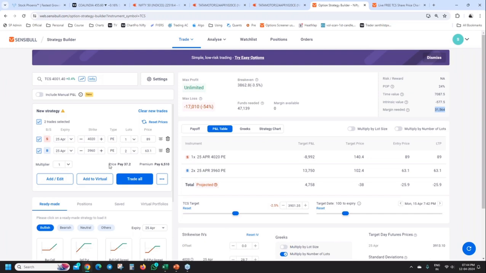It is not individual legs. These should be triggered in one instance. Everything should be done within 1 minute. And again, the exit also should be done within 1 minute. Don't exit one position